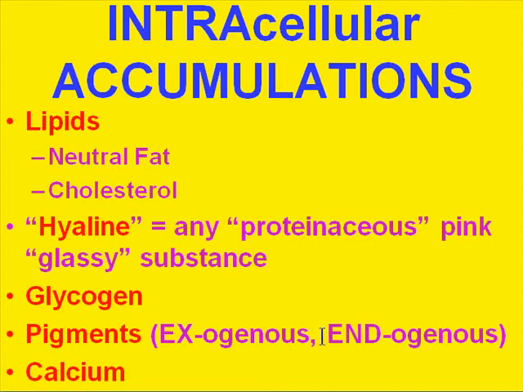I'm sorry, I goofed up. Exogenous are things like tattoos and anthracosis. Endogenous are the four classical things like hemosiderin, melanin, lipofuscin, and bile. Calcium also accumulates within dead and dying and injured cells and can actually form crystals as well, which has a